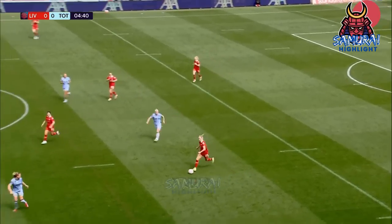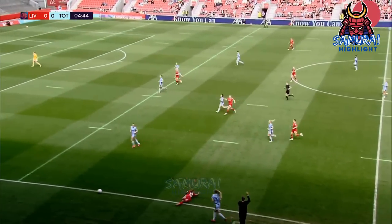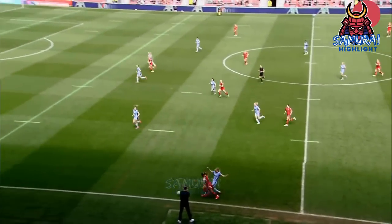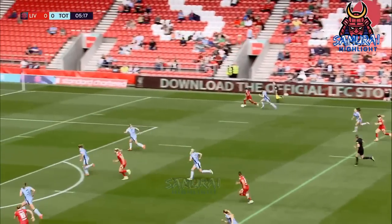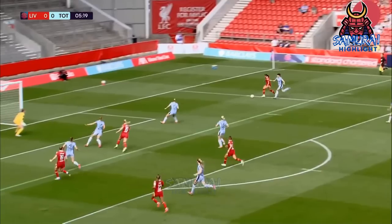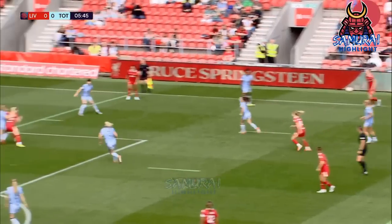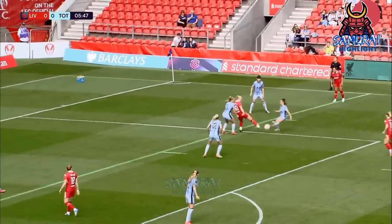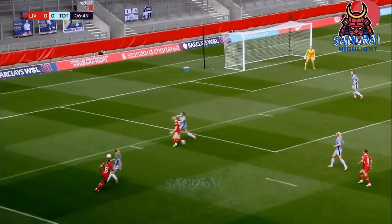Again for Liverpool, who played at Anfield, the game against Everton, ending the season with a trip to the champions. By Hicks, and a good drop of the shoulder as Smith gets into the penalty area. Smith in action for Liverpool this afternoon. She has been one of the... Hines